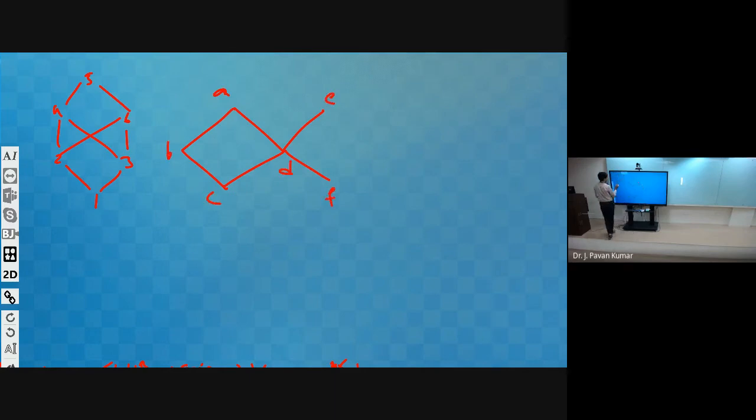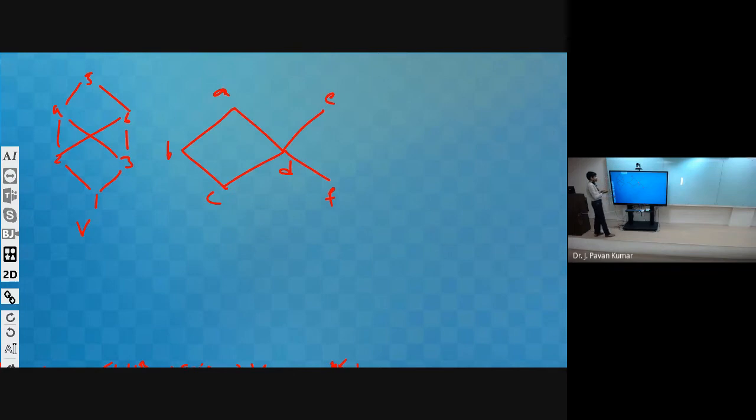Please tell me, here we are having how many vertices? Six vertices: 1, 2, 3, 4, 5, 6. Now, is 1 related to 2 or not? Yes. 1 is related to 4. 1 is related to 5. Like this we have several relations, several tuples. Now you consider whether we have a least upper bound, that is a join, for all pairs of elements or not.